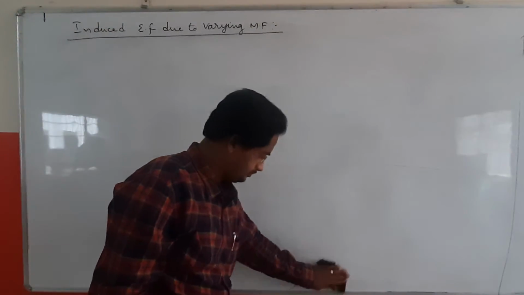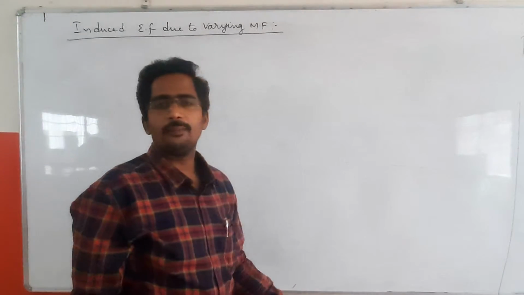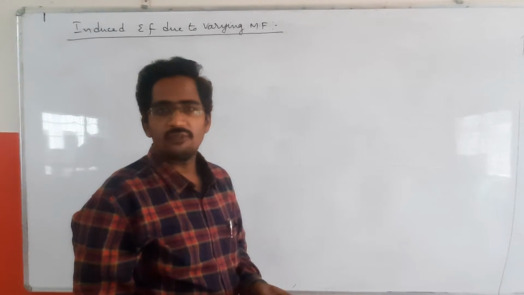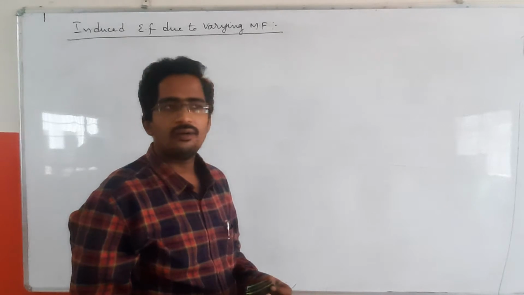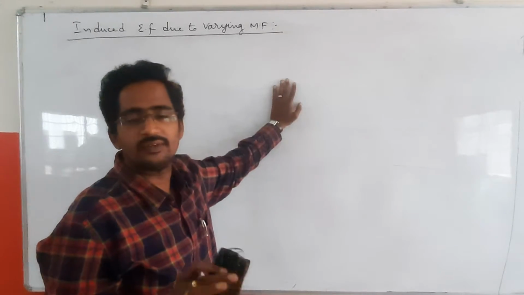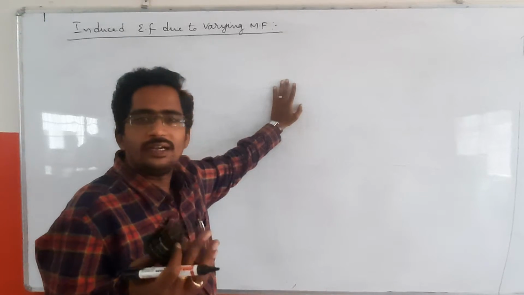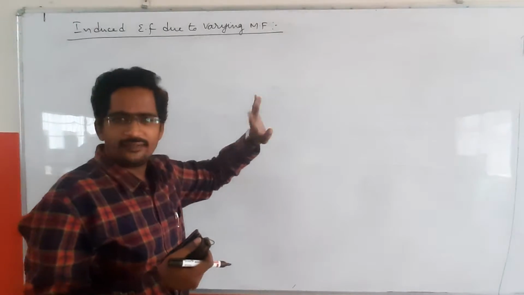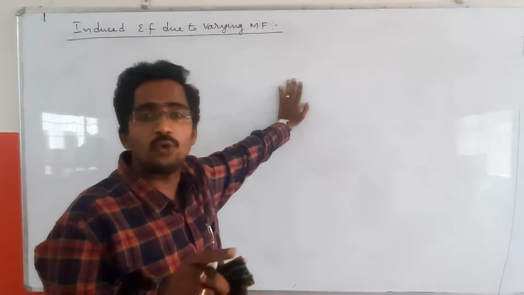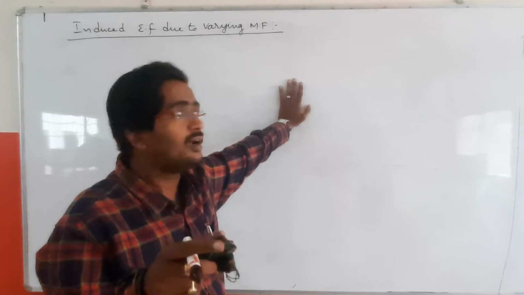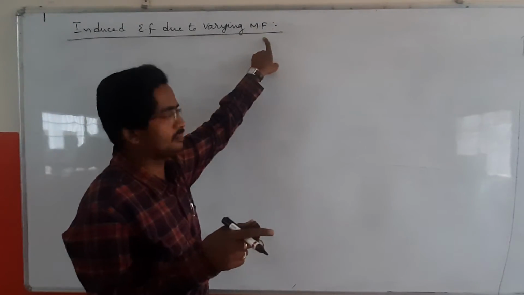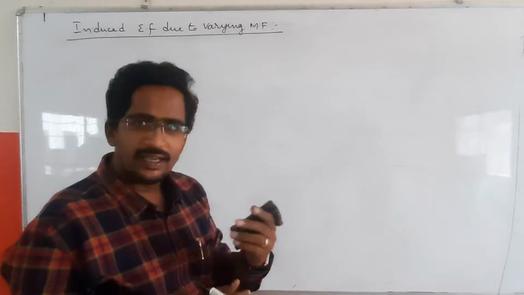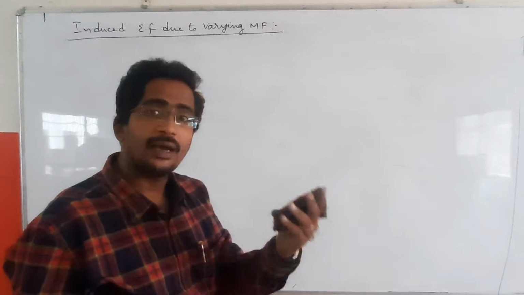You know well, whenever magnetic field is varying, there is induction of EMF. Whenever the magnetic flux linked with a coil is varying, induced EMF will be there. But here, in that space, anywhere, whenever magnetic field is varying, then electric field will be induced, even in the space or in a coil placed in the varying magnetic field.